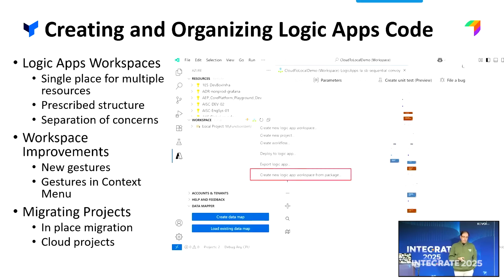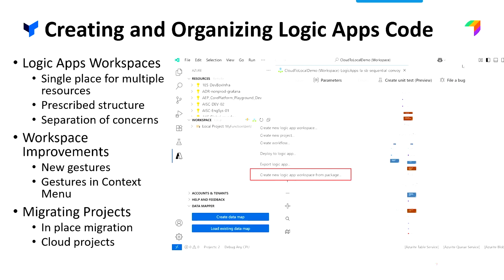The other thing that we're doing is the idea of cloud projects, right? So when you're talking about cloud projects, it's like I develop in the portal. I did a really quick POC. I create it there. How can I actually bring that in a way that Logic Apps extension understands, and make all those changes that we know are required from portal to local? That's why we created this idea of